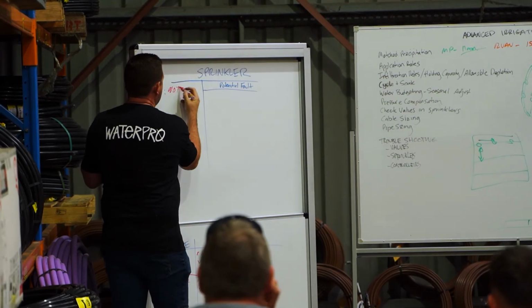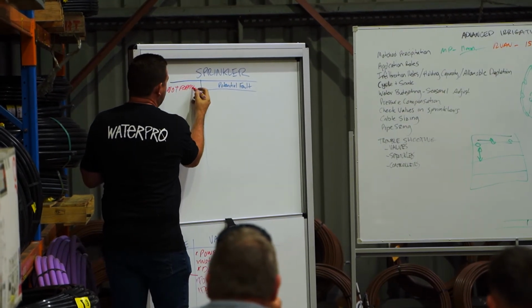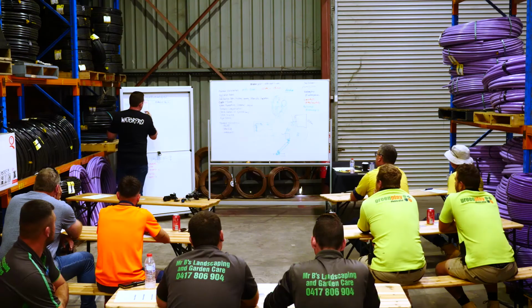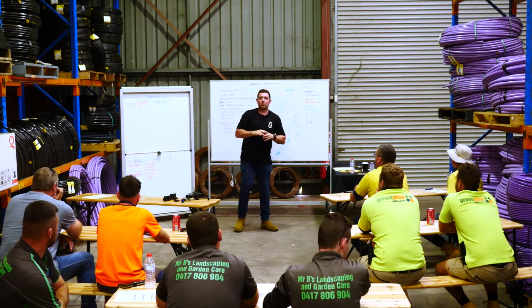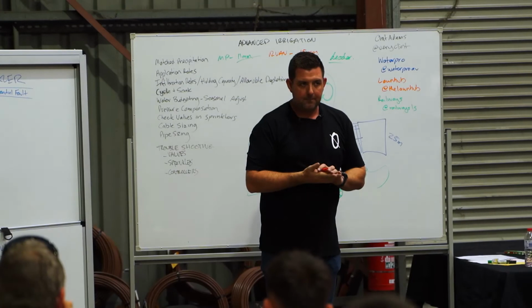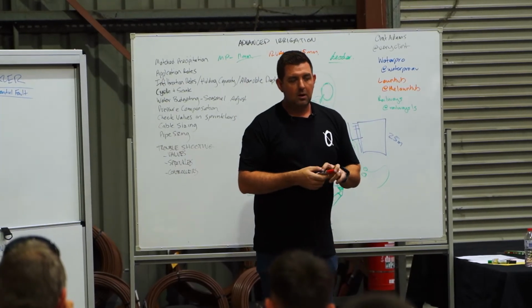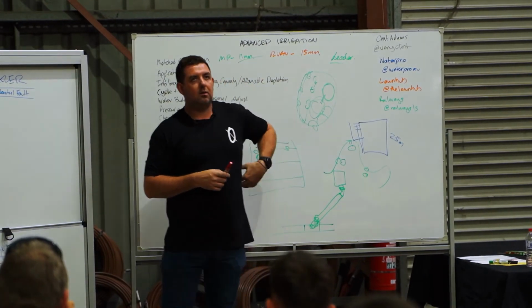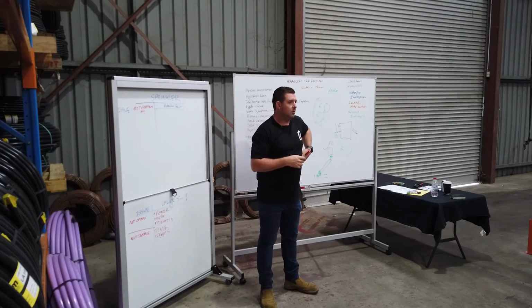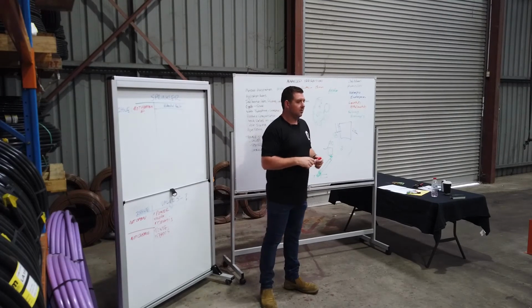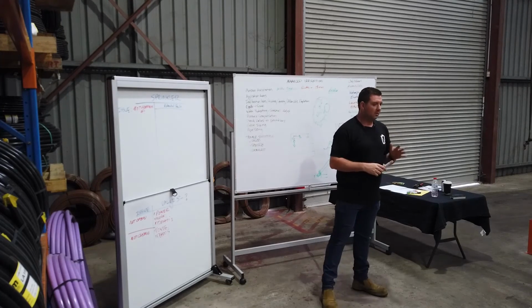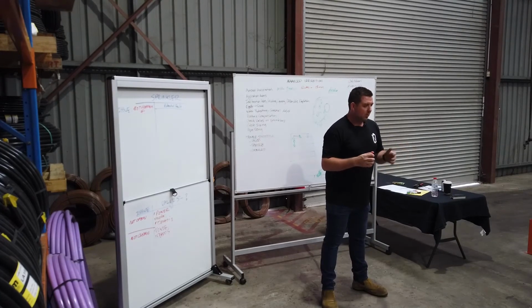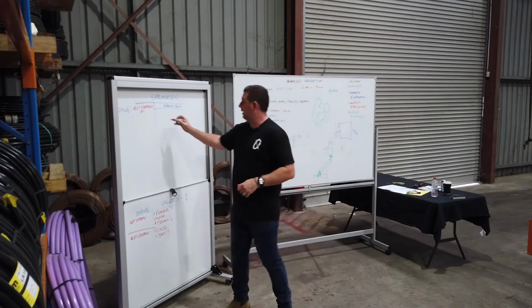So, obviously we talked a bit about it before. What would cause a sprinkler system not to pop up? Water? Yep. So, there's a few ways that there could be water issues. One is that the system's been designed badly and that there's too many sprinklers on the system. So we had a